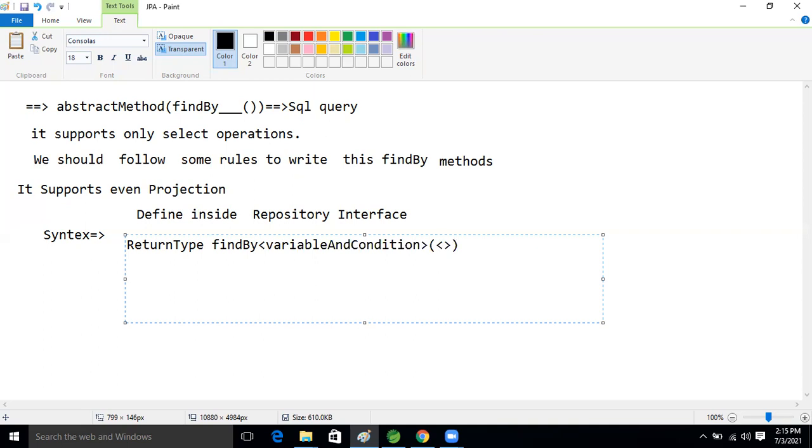Which kind of argument are we taking? The data type, we will write it here. After that, we specify the parameter name. This is the syntax now, guys.